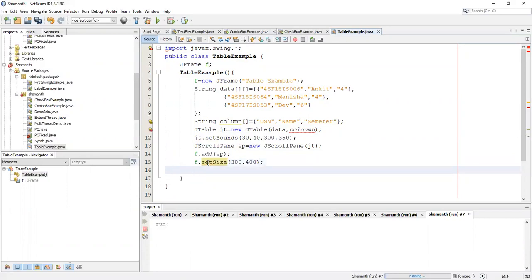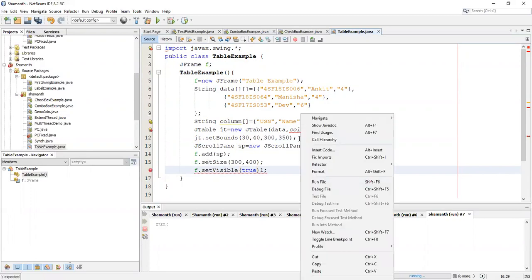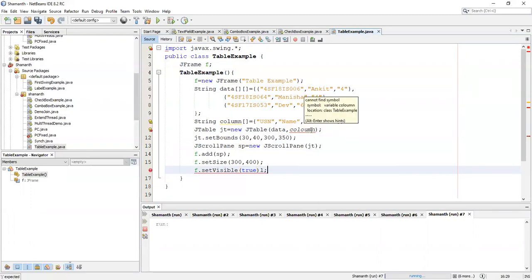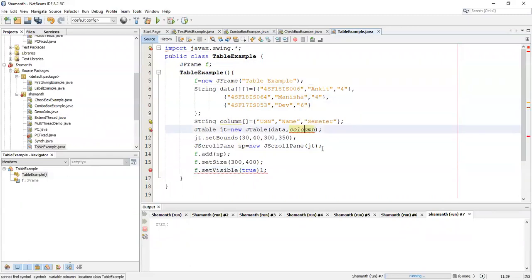This will end over here. Next we have to make the frame visible. Set visible, pass the argument as true, and close it. Fix the spelling of column.